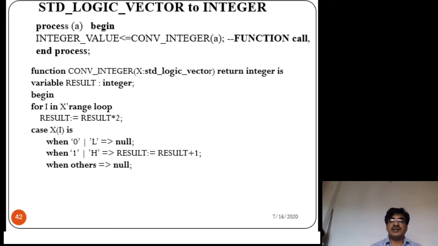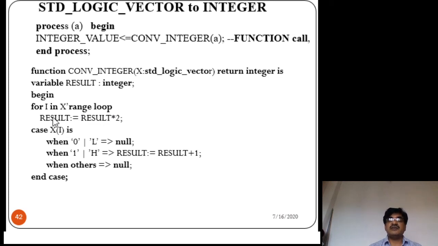In this example, let us see what happened here. It converts the standard logic number or binary number into an integer. For I in x range loop. Okay, the range depends on the type of binary number given. Okay, then result := result * 2.